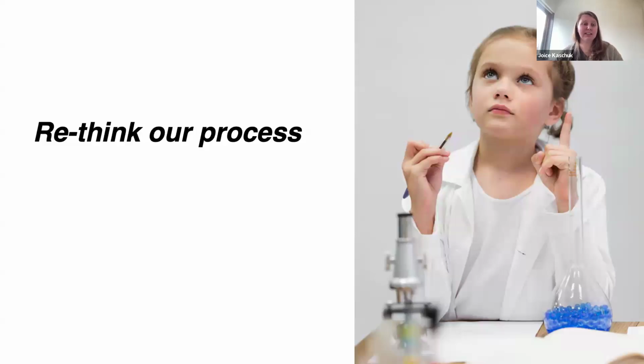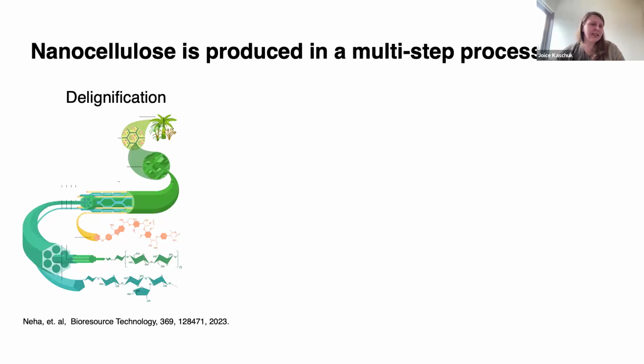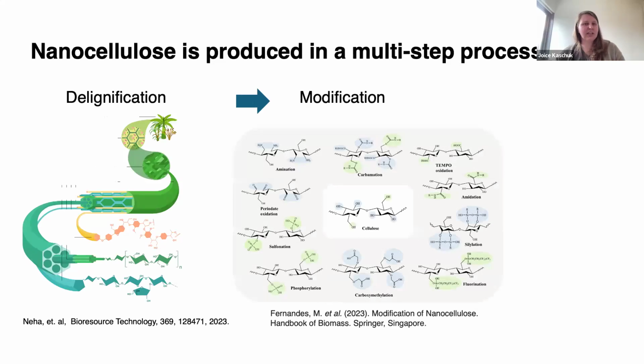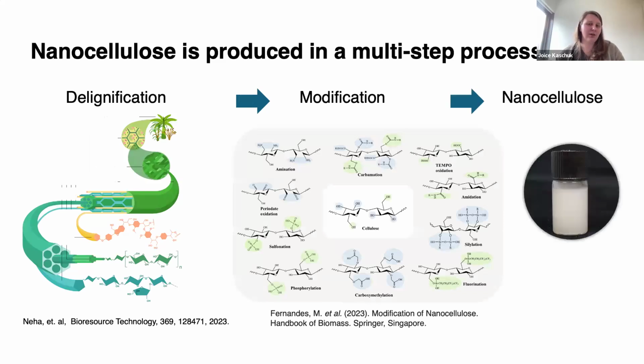I think this is something that everyone should think about, because as you know, nanocellulose is a multi-step process. We start with delignification, then we go to the modification, and then finally we get nanocellulose. This can be crystals or nanofibrils. I work mostly with nanofibrils, but you have several steps, several processes, several chemicals, and most of the chemicals that we use are not that green. So this is the challenge that